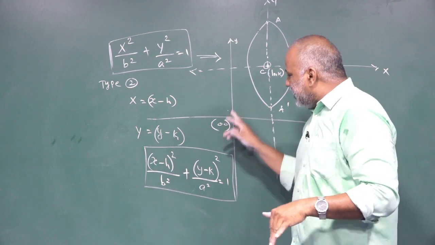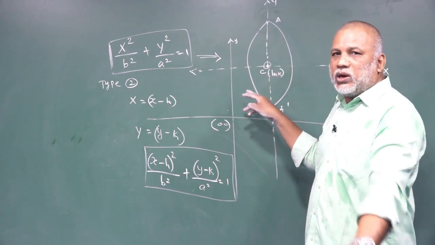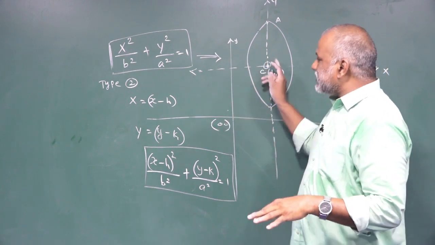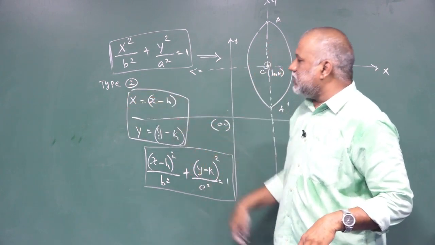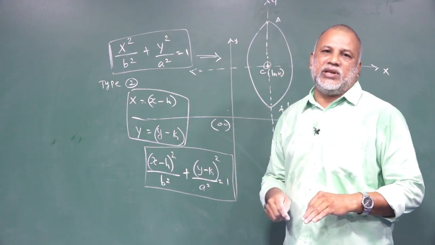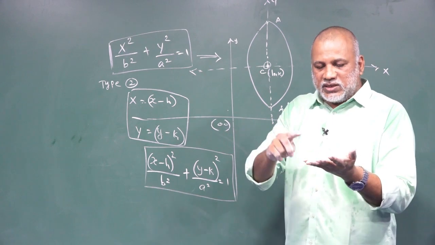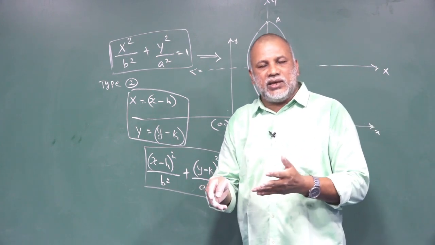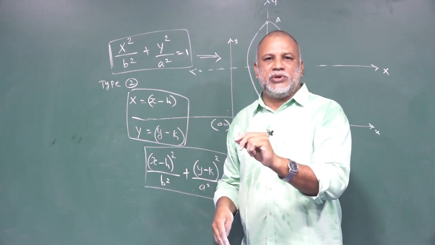After that, if the center is shifting from 0, 0 to some other place h, k, then you have to draw the new axis capital X and capital Y parallel to small x and small y. This is called transformations. We have to use the transformations, capital X equal to x minus h, then capital Y equal to y minus k. These are the basic informations. What are the basic information? First, standard equation. After that, tracing. What is the meaning of tracing? Analyzing the ellipse, x squared by a squared plus y squared by b squared equal to 1.